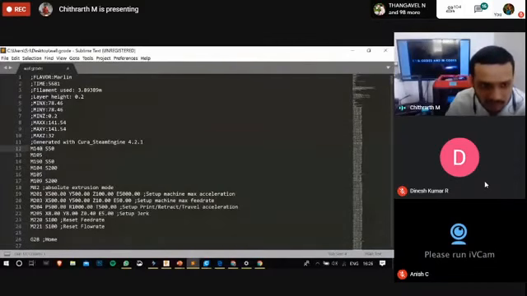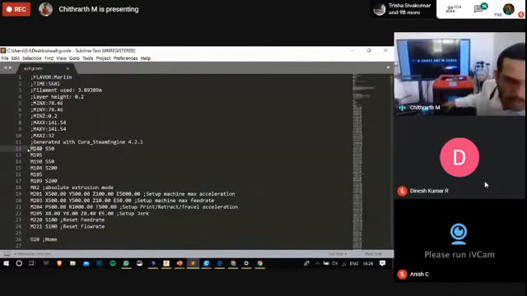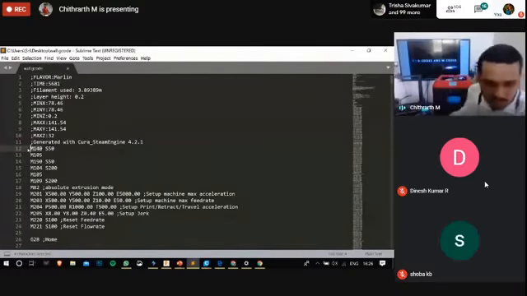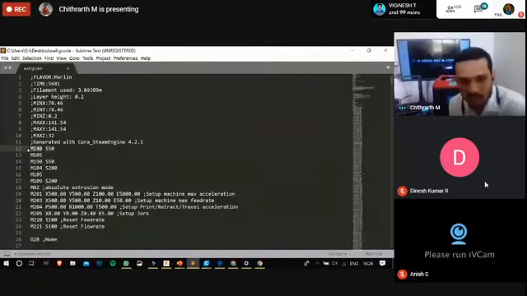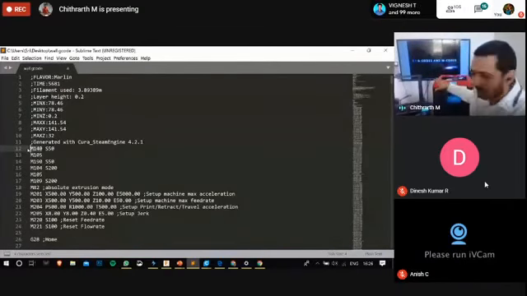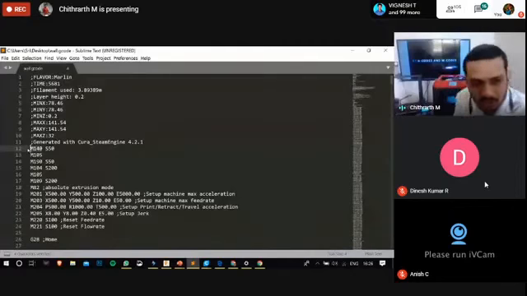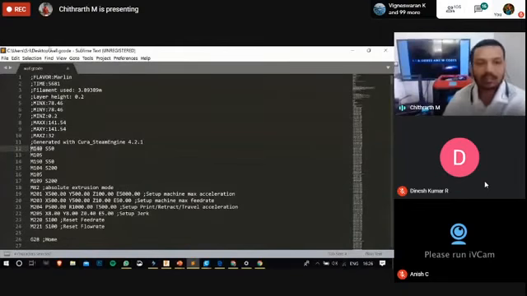M140 represents the setting of the bed temperature. Normally in a 3D printer you have a build platform. In this machine we don't have a heated bed, but this particular command is used to set the platform's temperature to 50 degrees Celsius. The platform gets heated up. And the second,